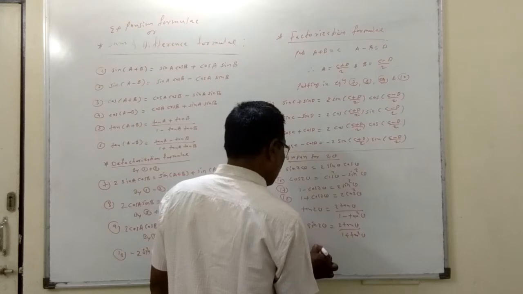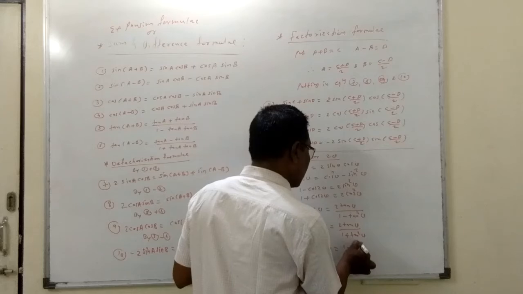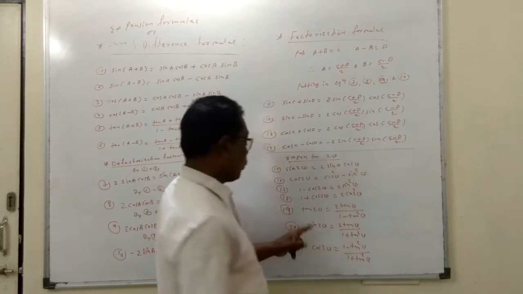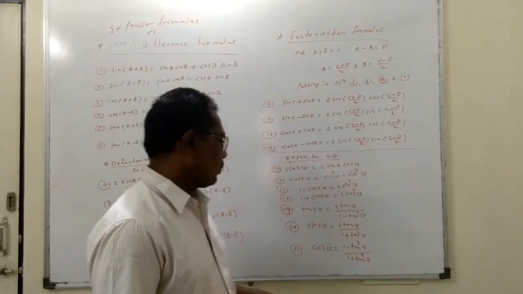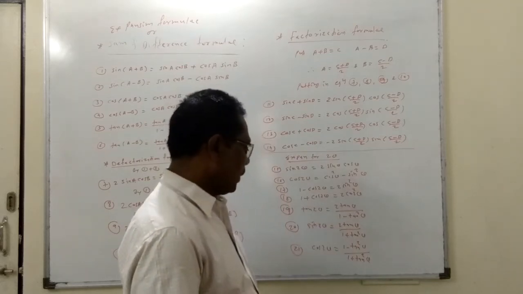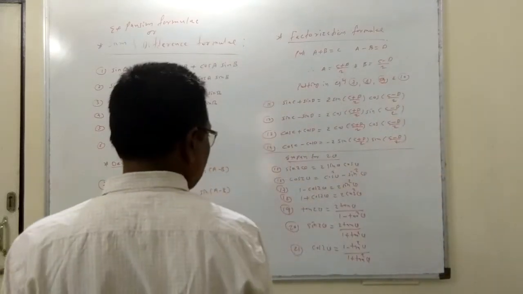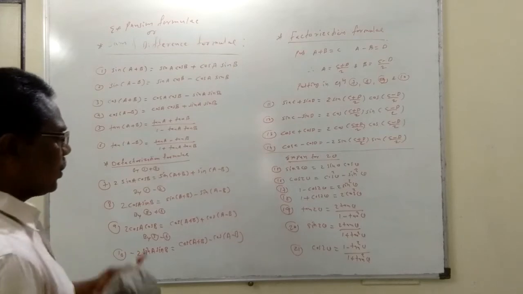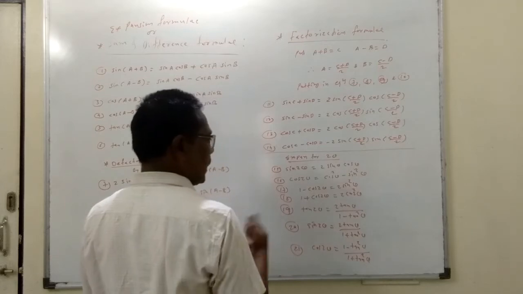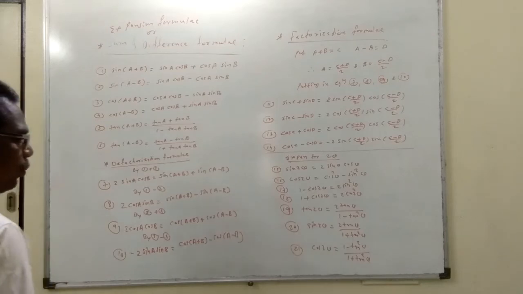Cos 2 theta formula in terms of tan, we get 1 minus tan square theta divided by 1 plus tan square theta. To obtain this formula, tan means sin upon cos, and here we divide the numerator and denominator by the identity 1 plus tan square theta. Equating numerators and denominators, we get this formula. So these are the expansions for the 2 theta angle. Now suppose instead of 2 theta, we can write 2 sin theta by 2 cos theta by 2. So for any angle we can use this formula.